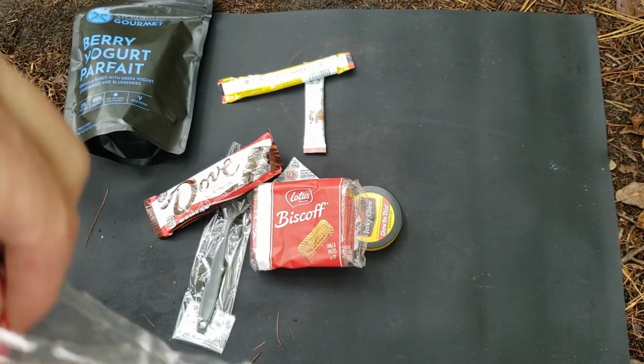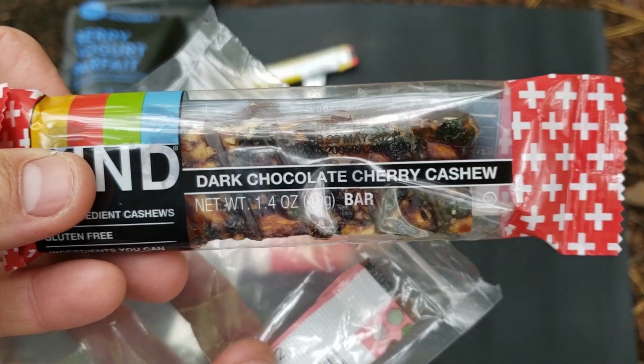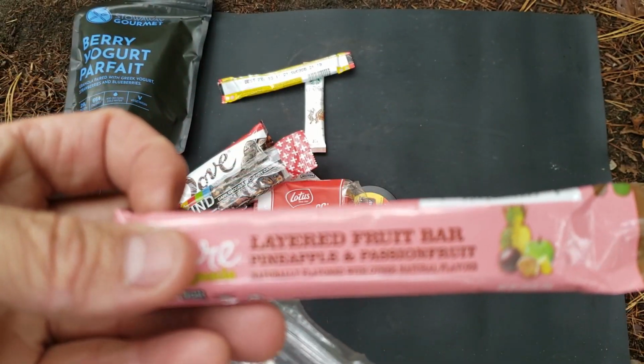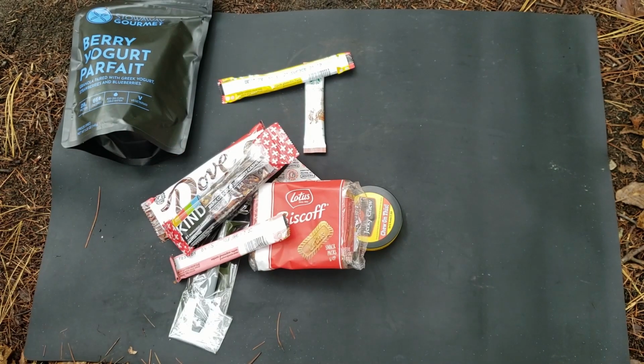And then I have seen this brand as well. This is a Kind dark chocolate cherry cashew. Sounds fantastic. And the final thing is another layered fruit bar, pineapple passion fruit. So that's a really good kit. Now I guess you just kind of pick what you want for each meal for breakfast, and get that separated